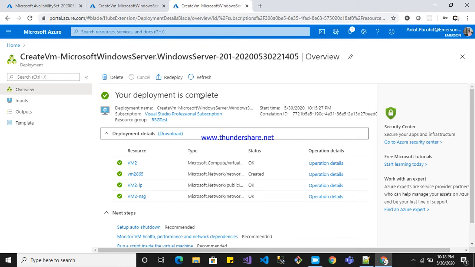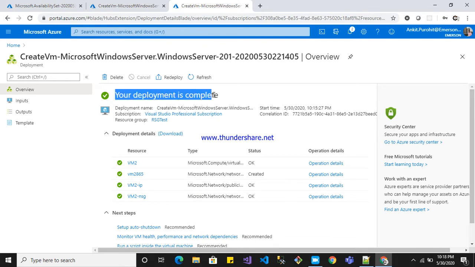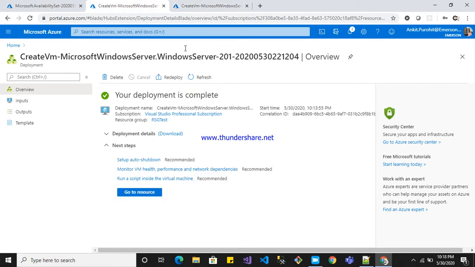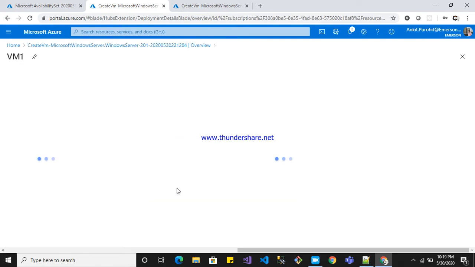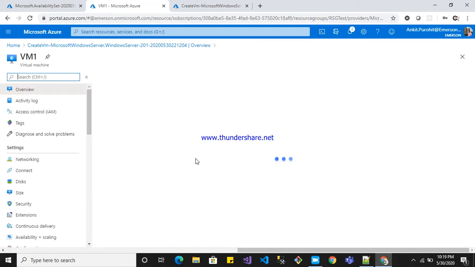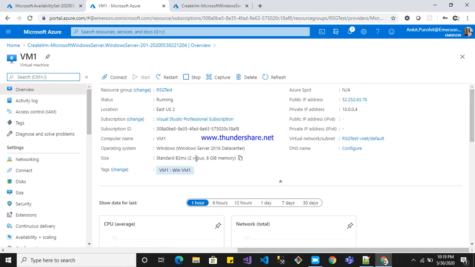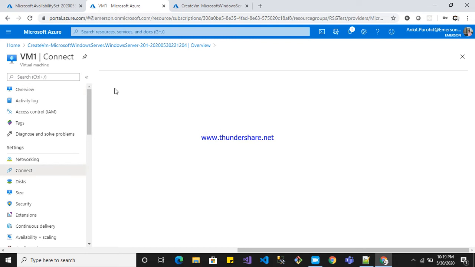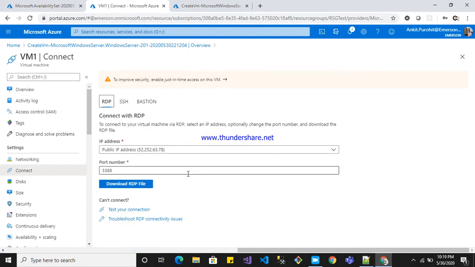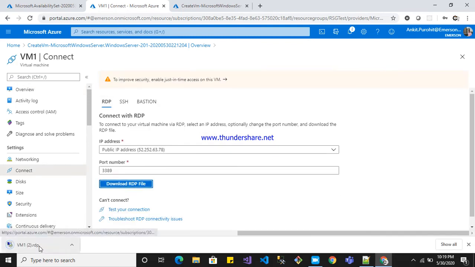We'll wait some time. So guys, our deployment is completed for virtual machine 2 as well as virtual machine 1. Now we will log in to this virtual machine, Windows Server on Azure, and we'll set up IIS and customize one HTML page. Just go to resource for virtual machine 1. We'll do the same activity for virtual machine 2 also. Let's connect using RDP, remote desktop protocol. Just download the RDP file and open it,